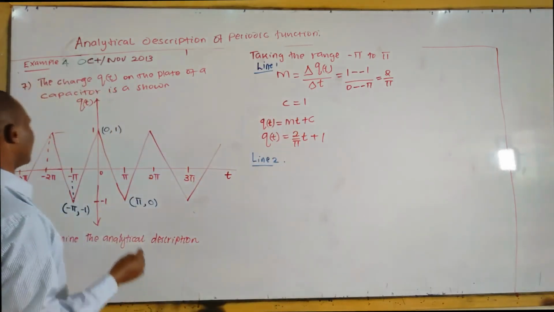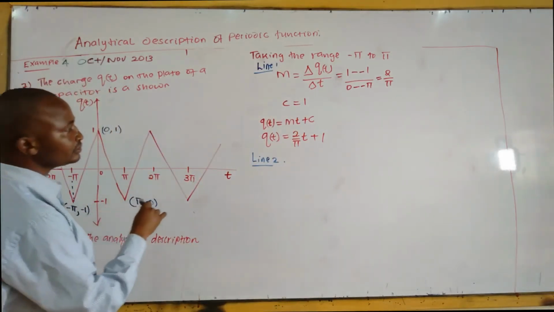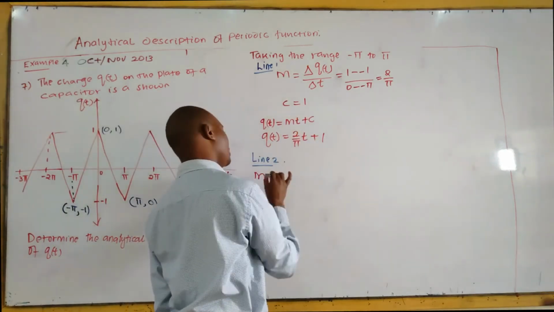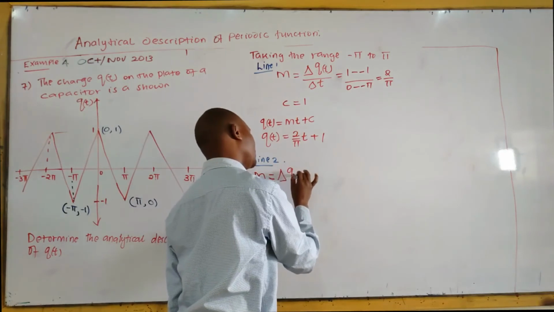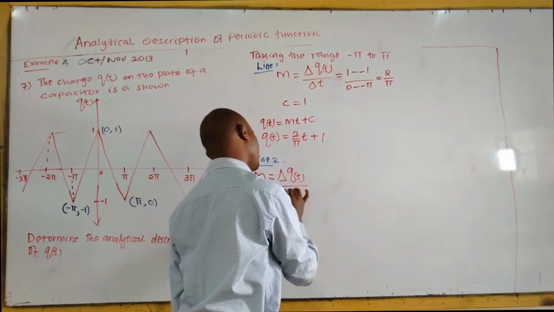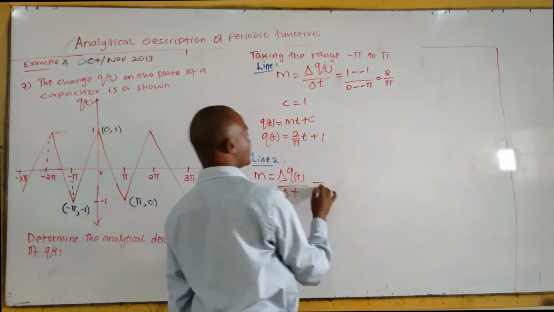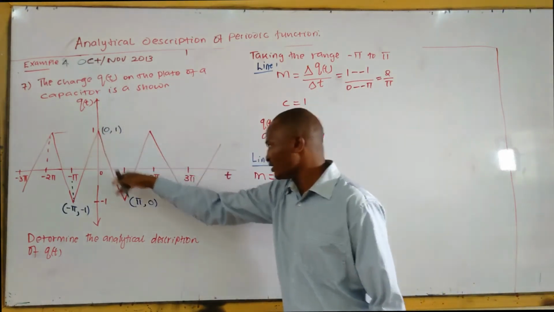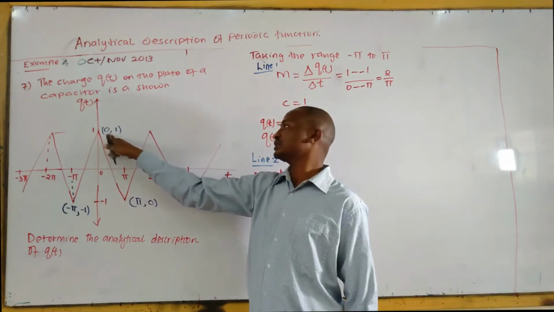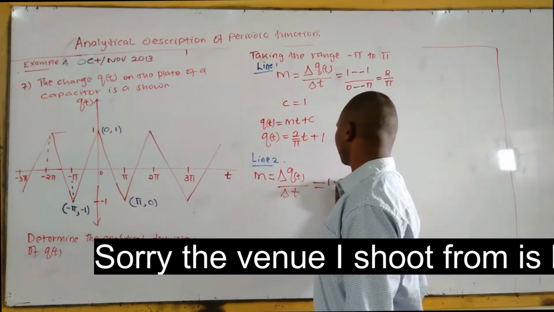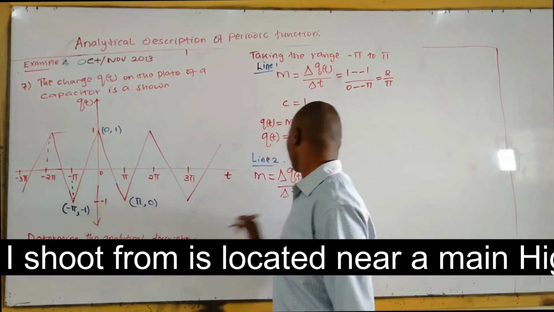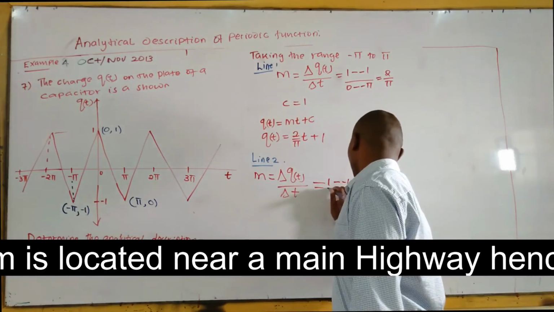Now, the gradient m is equal to change in Q of t all over change in t. Take this as your first point. 1 minus -1, which is 1 minus 1 all over,